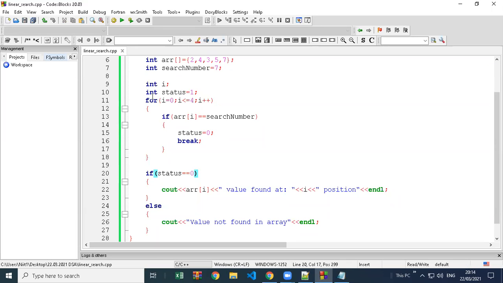You can take a char variable also, like char status is by default n. N means no. And when we find data, we'll make it y. Y means yes. And we'll say if it is y, we entered the if block, we found the data. So we'll print it. Otherwise, we'll say not found. So any data type will work there. But a boolean has this true false thing, so boolean is easy to use. Otherwise, int or char, any data type will work.